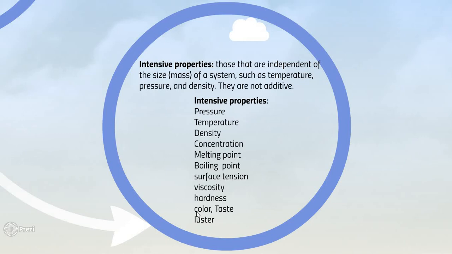Intensive properties. The properties of the system whose value for the entire system is not equal to the sum of their values for individual parts of the system are called intensive properties. For example, temperature, pressure, and density of the system are intensive properties. If we take an example of temperature, suppose we take a sample of temperature from any corner of the room, that will represent the entire temperature of the system.